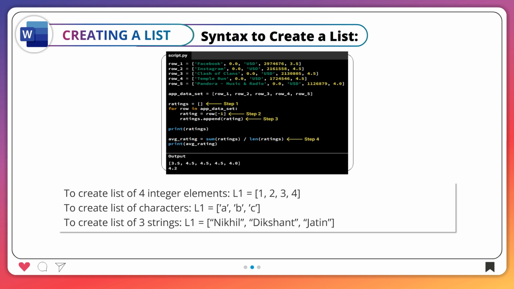To create a list of 4 integer elements, L1 = [1, 2, 3, 4]. To create a list of characters, L1 = ['A', 'B', 'C']. To create a list of 3 strings, L1 = ["Nikhil", "Deekshant",